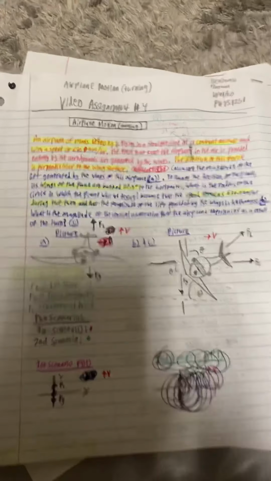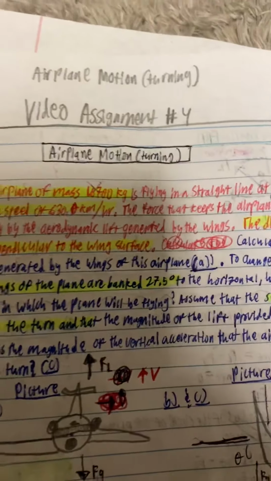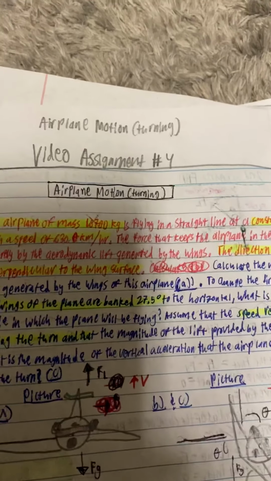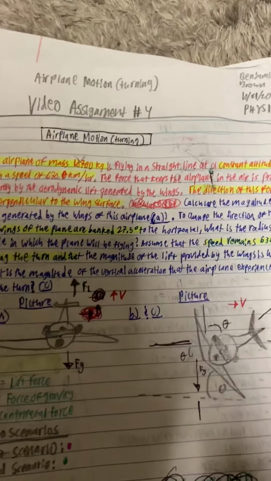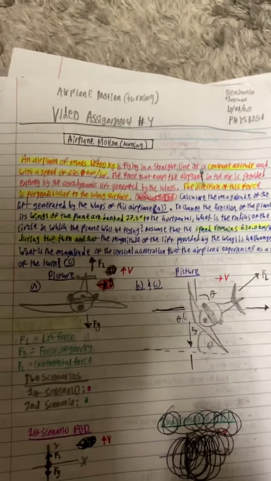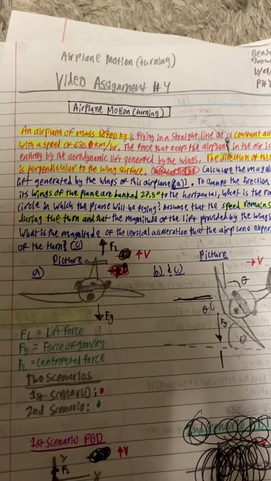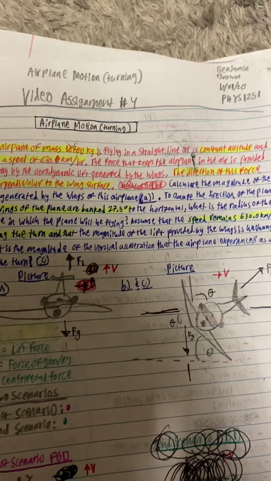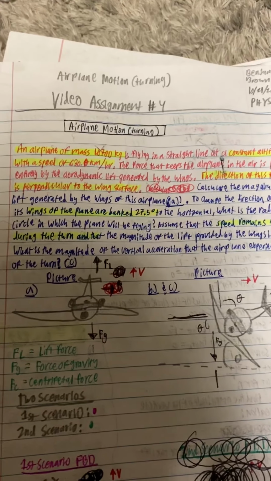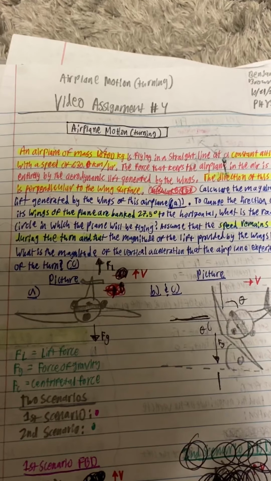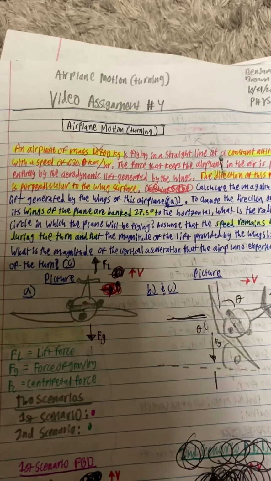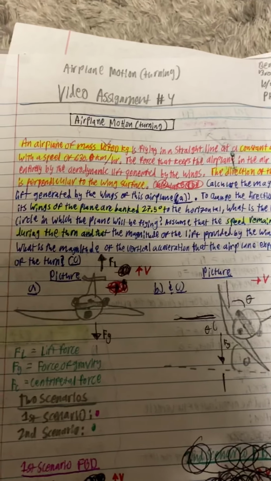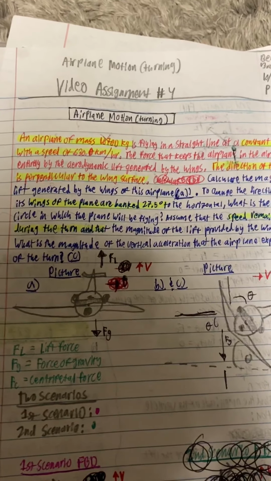Okay, so we are doing the air motion turning problem for video assignment 4 and problem set 7. And here we go, let's read the problem. An airplane of mass 16,700 kilograms is flying in a straight line at a constant altitude and with a speed of 630 kilometers per hour. The force that keeps the airplane in the air is provided entirely by the aerodynamic lift